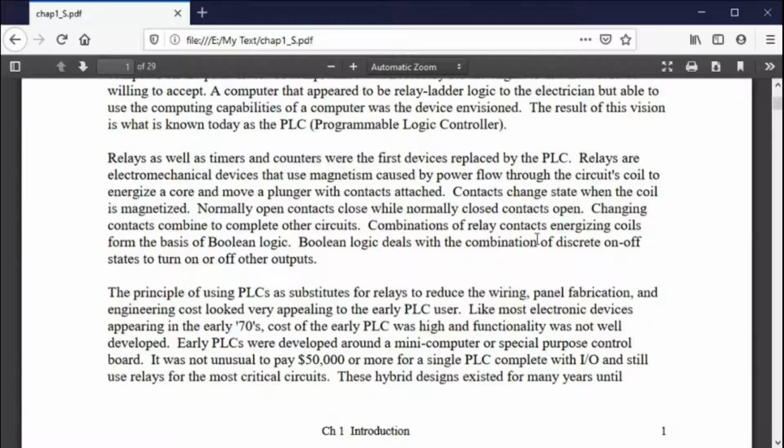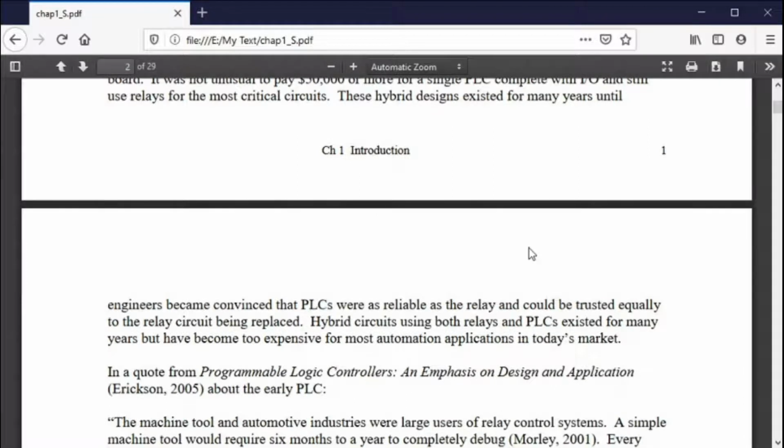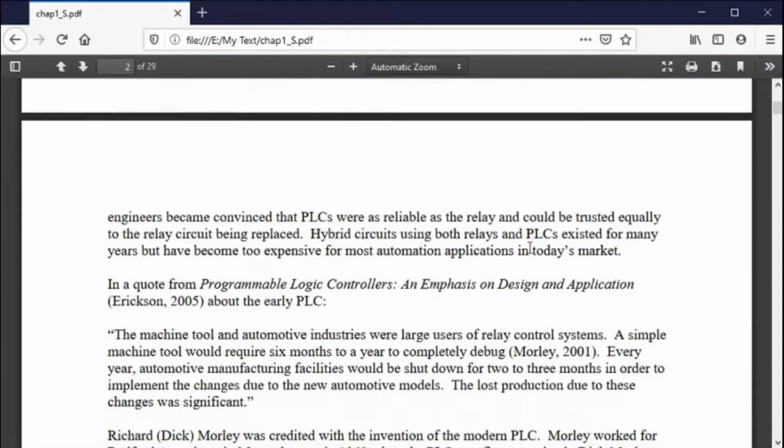So the early PLCs were developed around minicomputers, and they were very expensive, and they were interesting in that they were made to be very bulletproof. And there are some interesting stories, because people would not accept a computer in the factory if it didn't have the same robust nature as a relay. So they had to do things to make them look like they were very robust. They painted them gold, they made them big, they made them very hardened. And one of the quotes was the